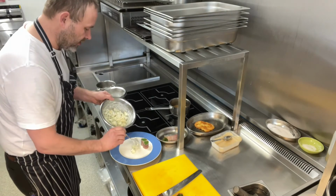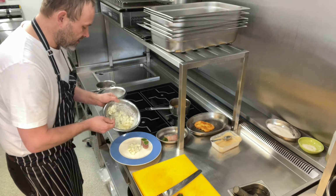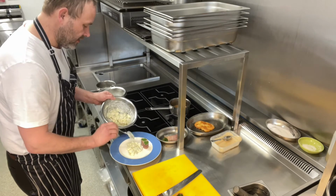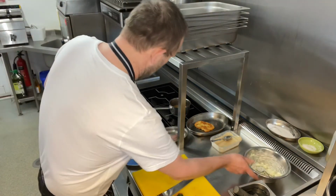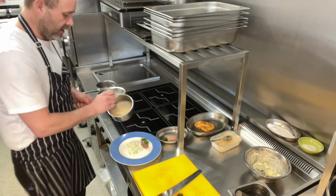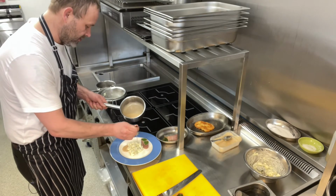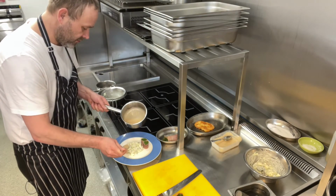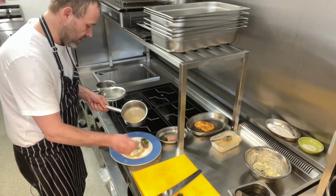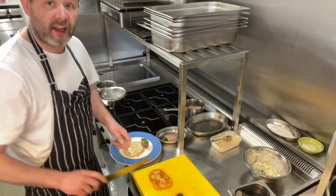We're then going to take our potato salad, pop that into the centre of your plate, like so. We have our sauce, which we're just going to spoon around the outside of your potatoes. There we go. And then last but not least, we're going to take our escalope, and all we're going to